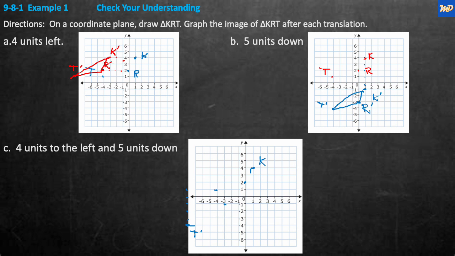We moved K 1, 2, 3, 4, and 5 down. This is K prime. And R, which is K, R, and T. R is 1, 2, 3, 4 to the left, and 1, 2, 3, 4, 5 down. This is R prime. And our triangle would look like, if I can draw it, it'll be here and here